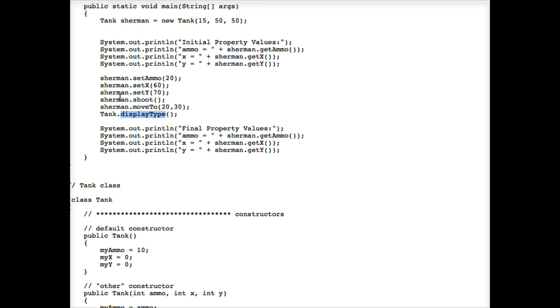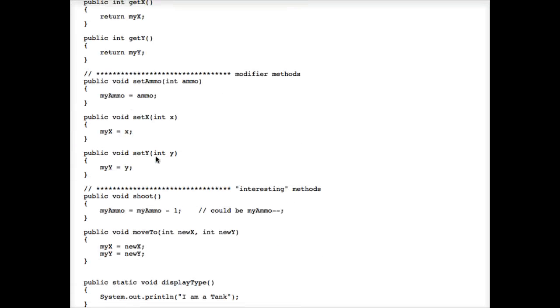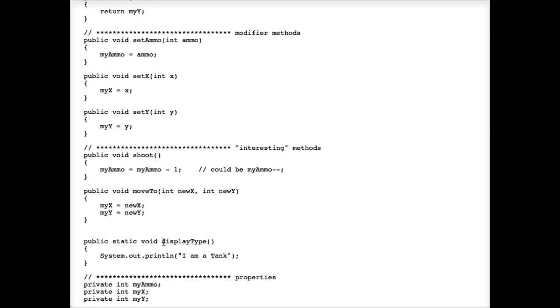Well, there is only one tank right now, but we still would say that displayType applies to the whole Tank class or the whole set of tanks. Let's scroll down and see what this displayType method does. The displayType method simply does System.out.print "I am a tank." It displays an object's data type, or it displays just this data type wherever this displayType method is called. Notice the word static here, and the word static did not appear in any of these other traditional instance methods. So when the word static appears in the header of a method,